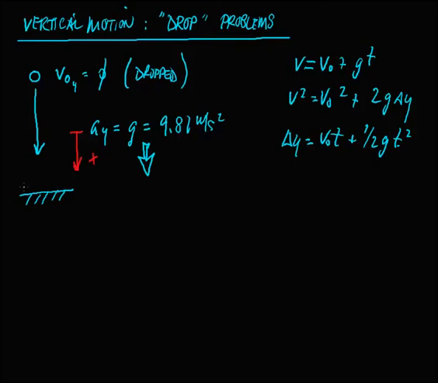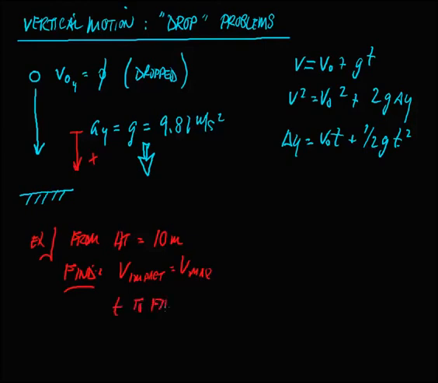So let's say we have the problem here: drop an object from a height of 10 meters. And let's find a couple things: V at impact, which would actually be our max velocity, and time to fall. Let's find those two things there. Okay? Now again, we're picking positive downwards. Everything's going to increase that way, and we let it fall 5 meters. Alright, so